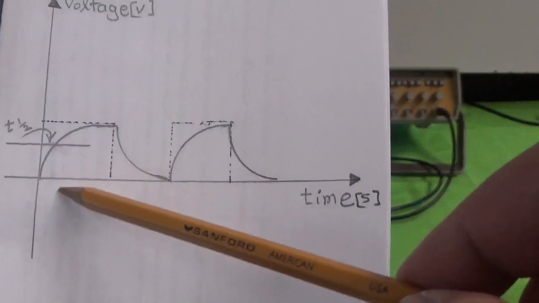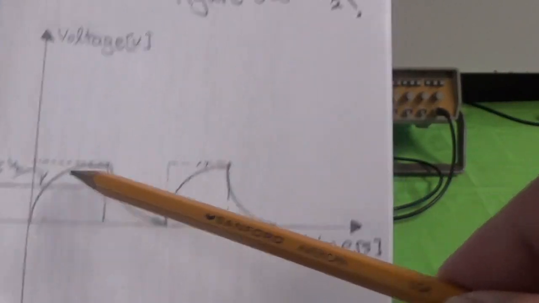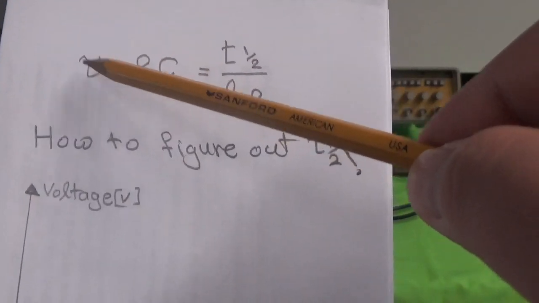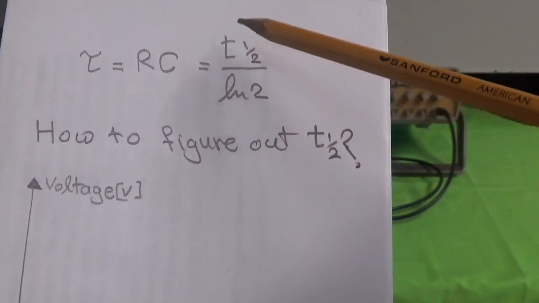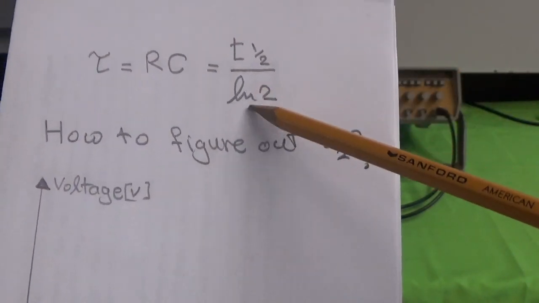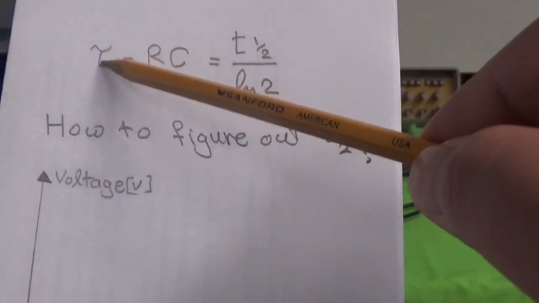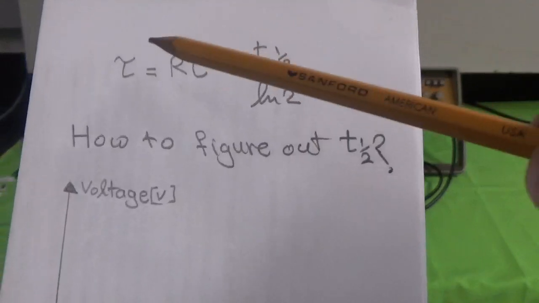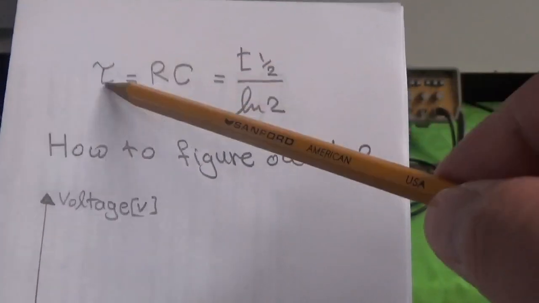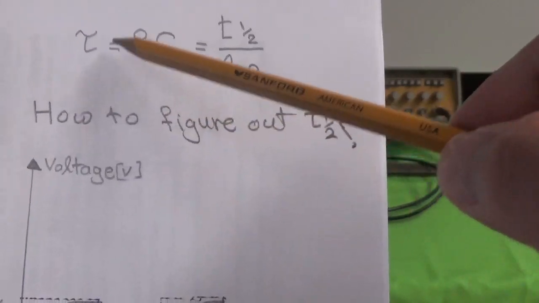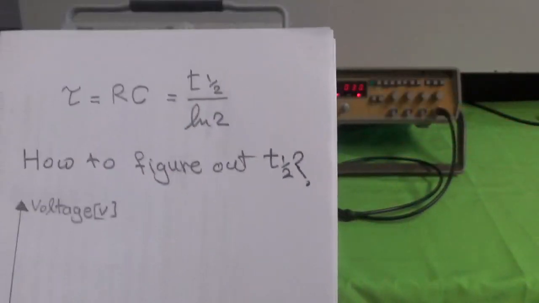By knowing this time value, we can go to this equation again. We know that tau is equal to t half divided by ln 2. So by knowing t half, we can figure out tau experimentally. And I showed you how to figure out tau, the time constant, theoretically. So let's go ahead now